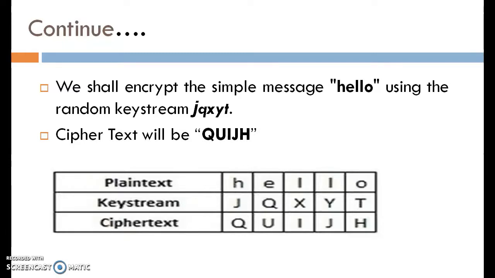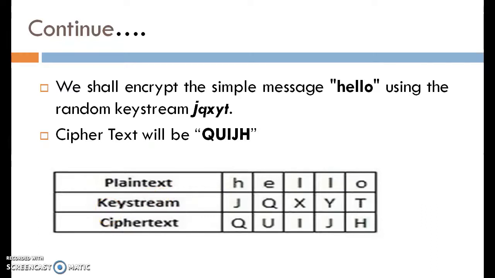Here H is added with the letter J and we perform modulo 26 of the result. So here H plus J modulo 26. The numeric value of H is added with the numeric value of J and we take modulo 26 of the result. The corresponding ciphertext letter that we get is Q.